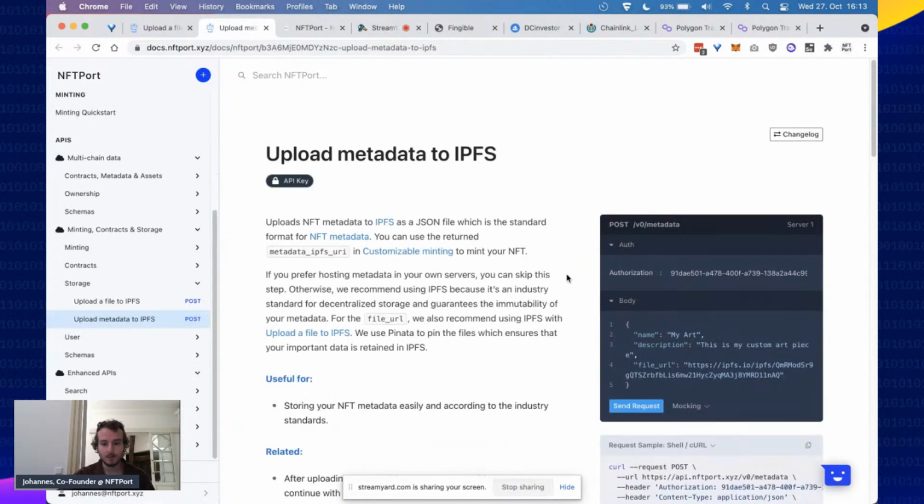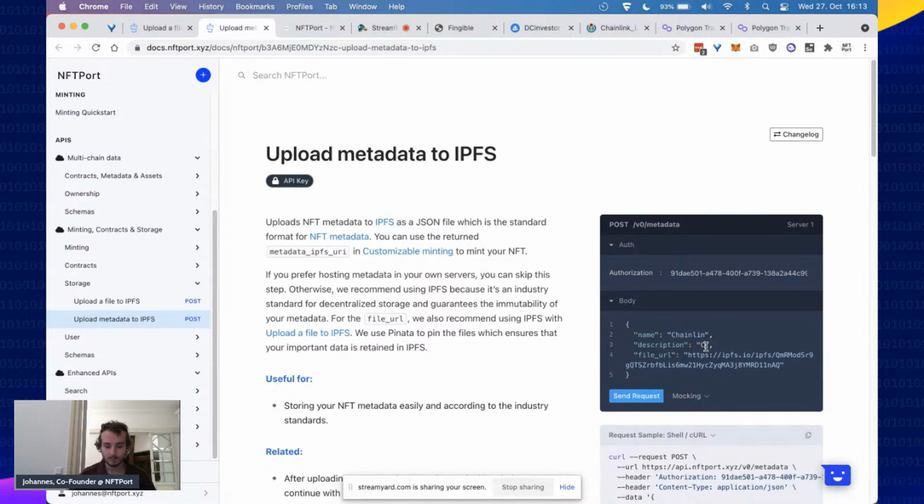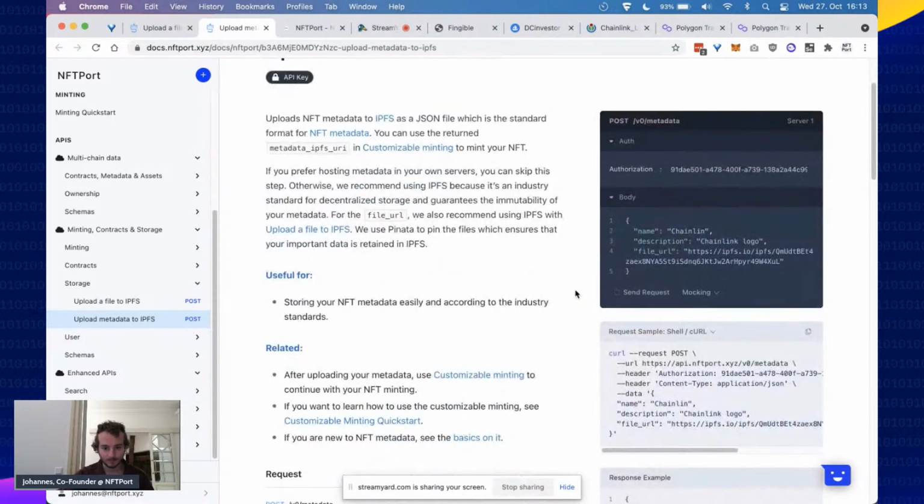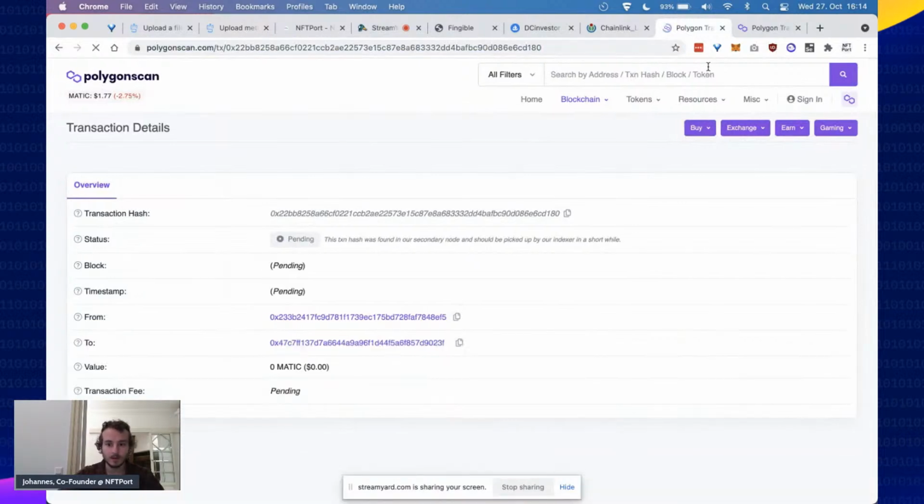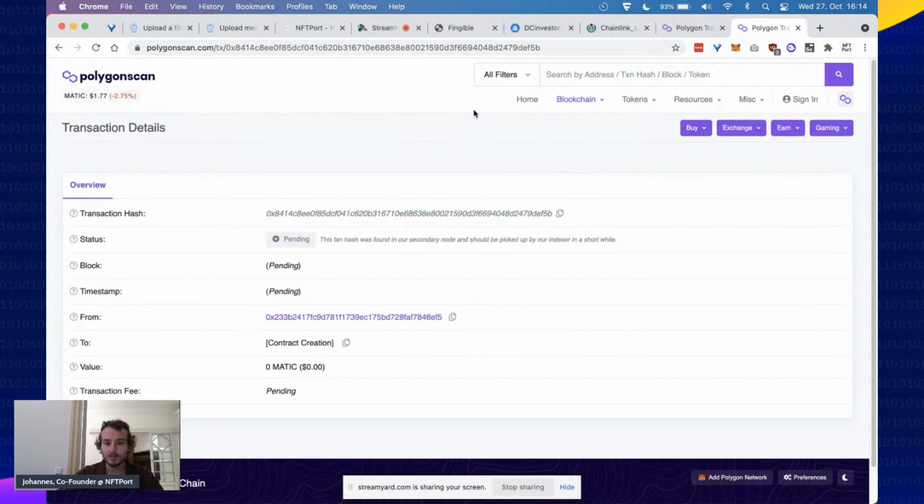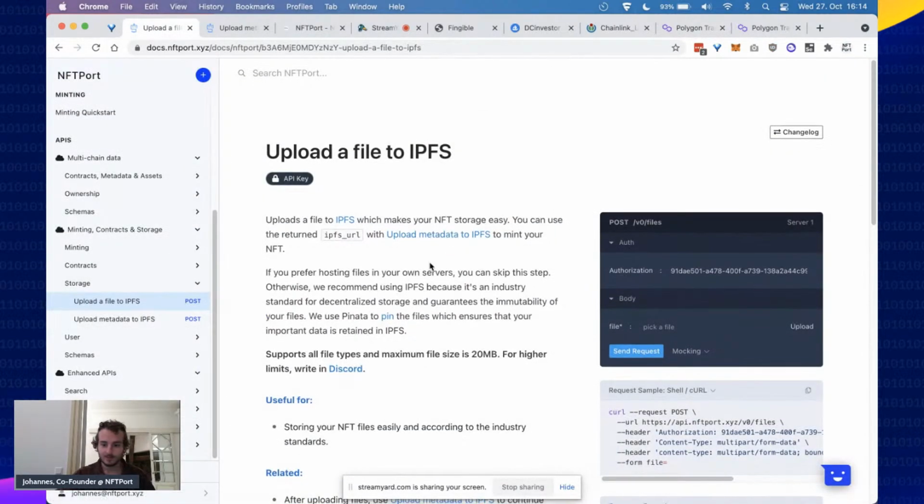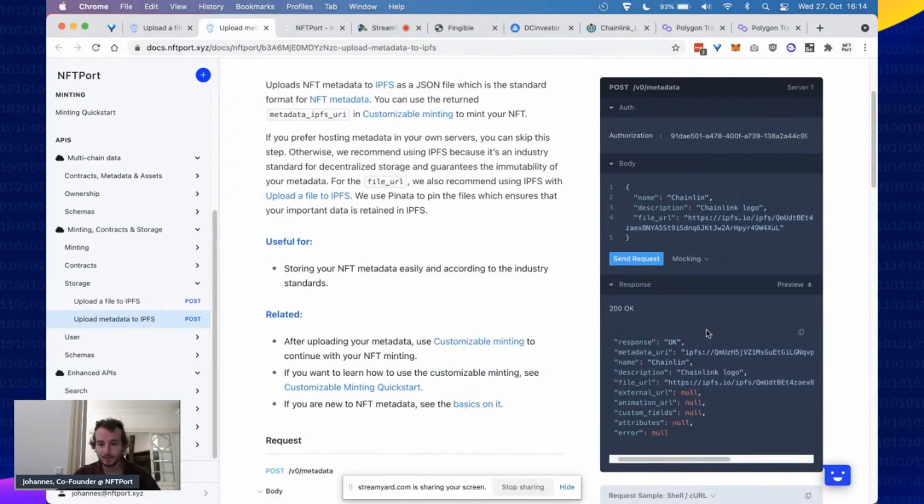Next, what I can do is upload metadata to IPFS. Now I'll add the IPFS URL that I just uploaded in the previous request. And now the metadata has been uploaded to IPFS as well, and we can grab the metadata URI. All right, it seems there's some problem with transactions at the moment. Anyhow, once we grab the metadata URI from here,